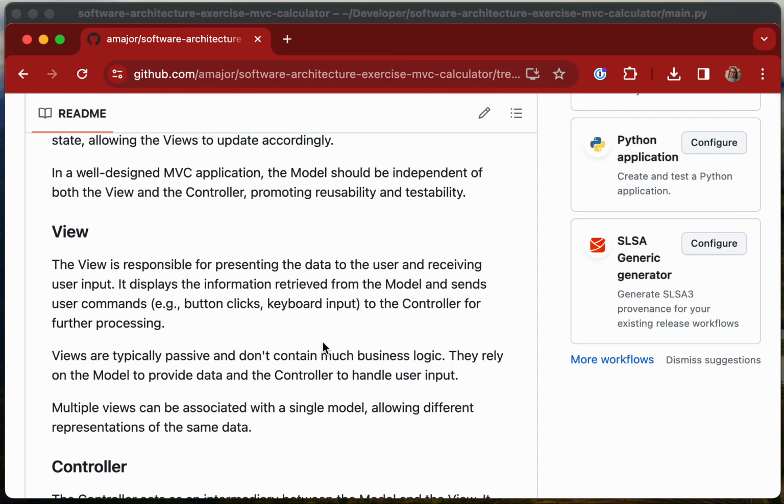Multiple views can be associated to a single model. So you can have your single model, your single bit of data, and have different views. So for example, we're doing a calculator example. We have a very simple model. You could have different calculator views that just change the style of how it looks. You could have one model that's used in both a scientific calculator and a simplified calculator, or in maybe a